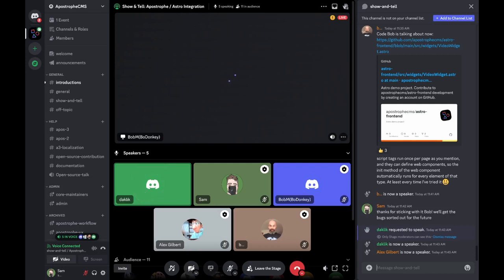Much more than Apostrophe. Apostrophe is great for what it is made to do, but it's not as fast. With hot module reload, it's a bit slow sometimes. It depends on your code in Apostrophe, whereas on the Astro side, it's very, very fast.